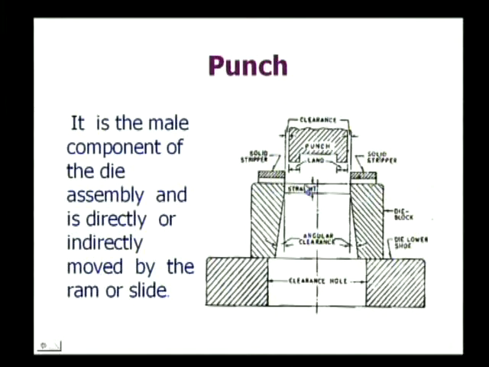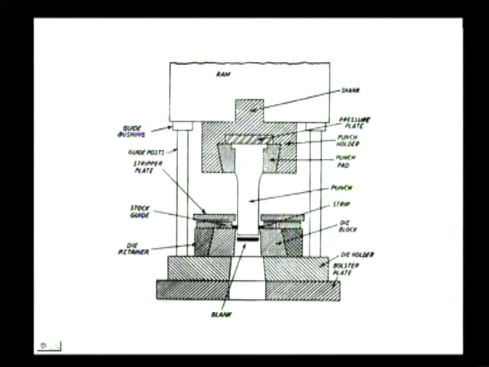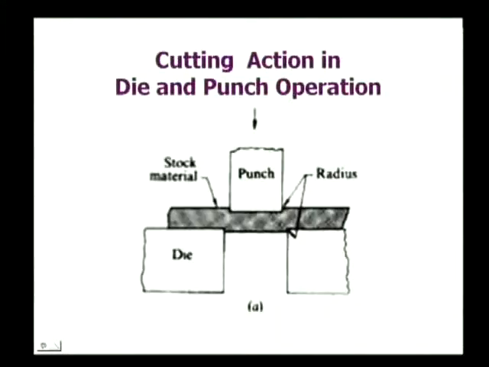Here in this, this is the stock. The stock can be placed here. This is the stripper plate, and you can see this is the die cavity. You can also observe some angle, and this is called the clearance angle, and we will discuss this clearance at a later stage. And the same die set can be seen here again.